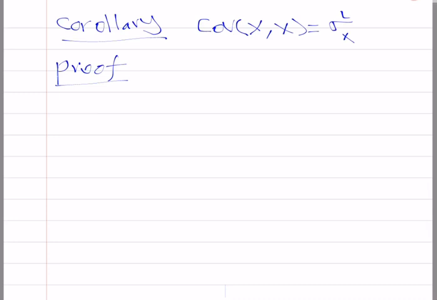The first one is the corollary, which I believe is very important: the covariance between x and x will give me sigma square x. So in order to prove that, we need to write the covariance between x and x, and that equals